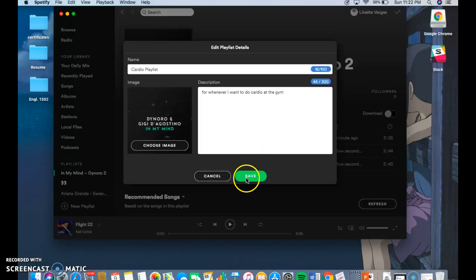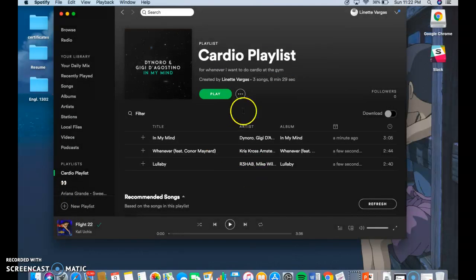So then you click on save, and then that little description is down here. It tells you who created it, how many songs are in it, and you can also download it. So if you don't have Wi-Fi, the songs will still be playing. So yeah,